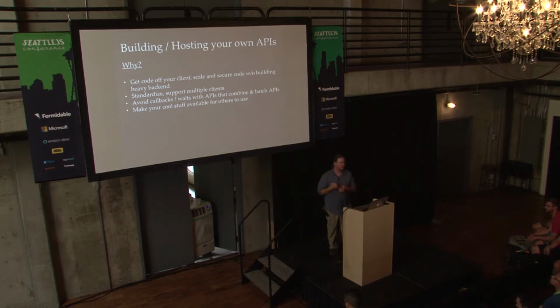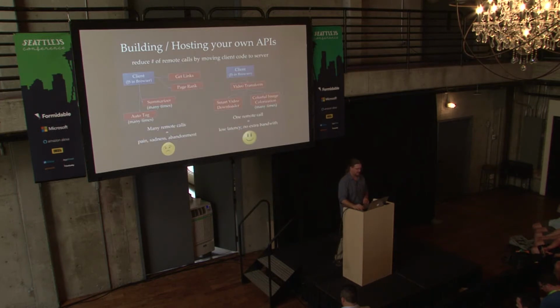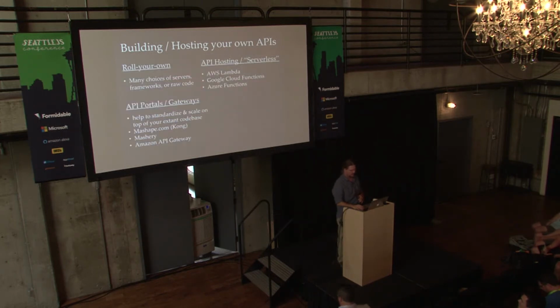But the other really nifty thing about starting to build and host your APIs is making them available for other people to use. So I'm not just programming in a vacuum, I'm actually going out there and giving back to the community. Akin to taking my library I've built and putting it up on GitHub, sure, but now I've made it really low effort for anyone to go and use. I've got that wrapped up as an API, and I'm like, go just use it, and that person doesn't have to pull down, integrate the repo, et cetera. They can just immediately execute the stuff that I've created. Pretty much what I was talking about with aggregating stuff into a single call.